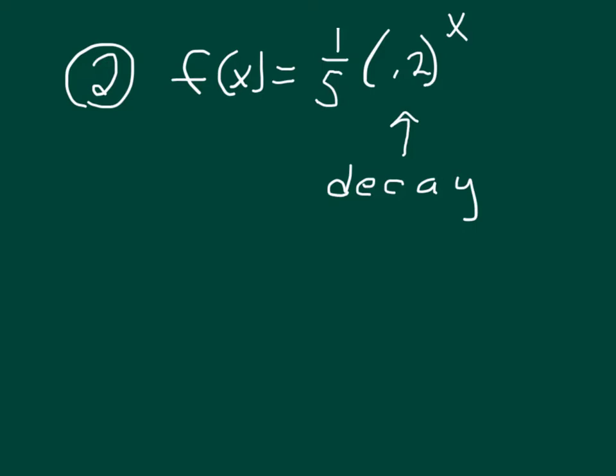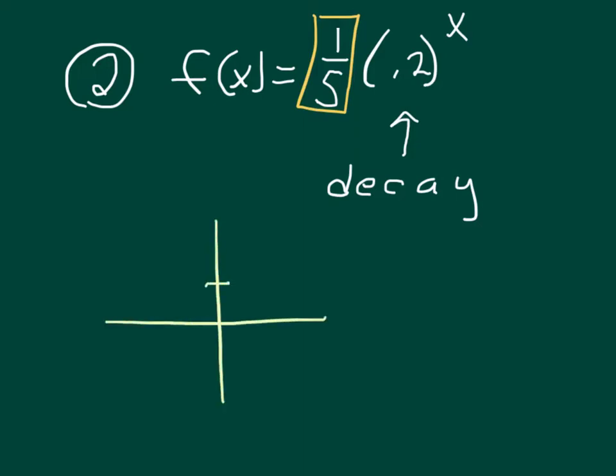Now, let's take a look at this 1/5 here. What does this 1/5 do? The 1/5 means it's going to vertically shrink it. So, if we're going to graph this equation, the graph is going to look like this. This is going to be a 2, and 1, 2, 3. Alright, so what's going to happen is it's going to shrink, and it's going to go through right about right